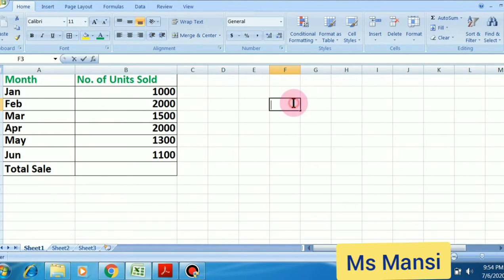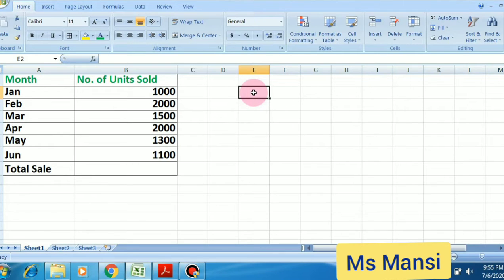So this is the cell. This box is known as a cell, and a cell is the intersection point of rows and columns.